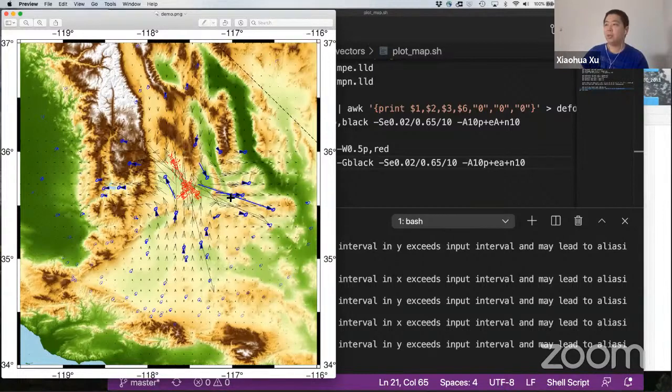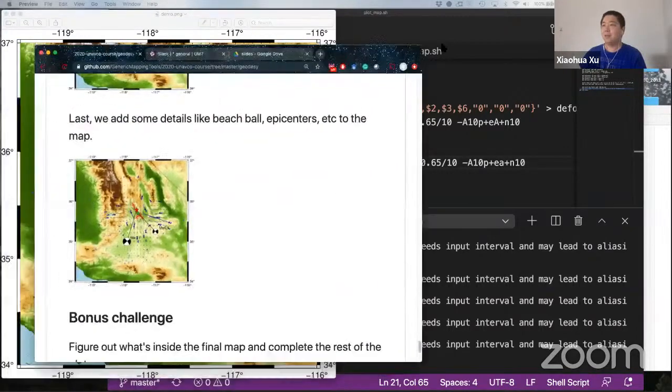Now you're getting all the GNSS vectors plotted on top of the map. You can actually compare some of them. For example, you have an arrow here that lies in between this one and that one. It largely follows the deformation field. So that's pretty much it. All the demonstrations are done. But still, you can add more things. For example,